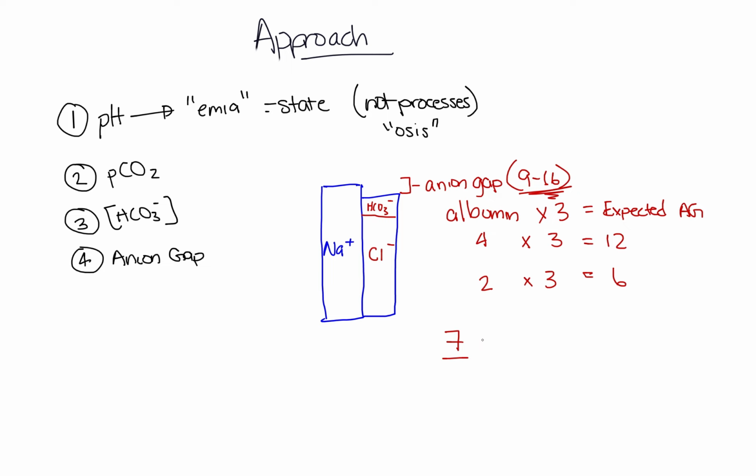Initially, we think things are going okay, but then perhaps we start to see that minute ventilation is rising or something else is going on, or the patient's pressors aren't quite decreasing, and we see on day 2 that the anion gap is 11, and we look at this and say, okay, well, it's still a black number, move on. But in reality, this is the anion gap starting to widen, especially when the patient's albumin is 2, their expected albumin anion gap should be 6, and this anion gap of 11 is suggesting that there is some buildup of some negatively charged molecule, such as lactate, that could be a problem here, or it could be due to